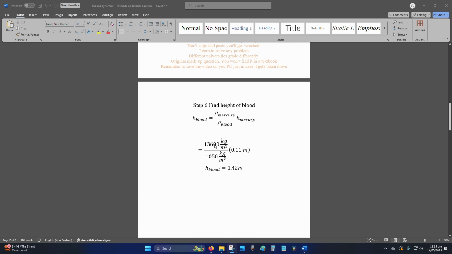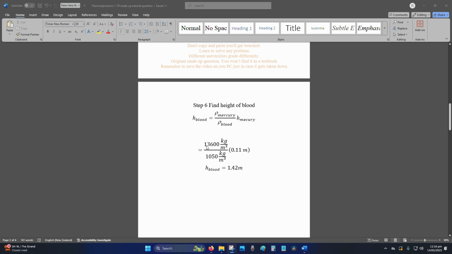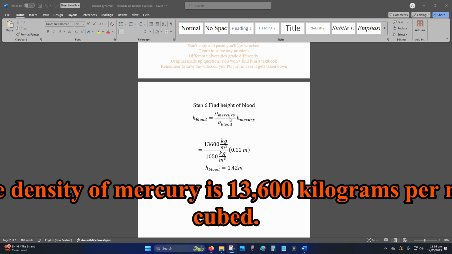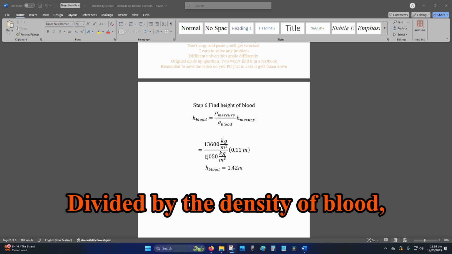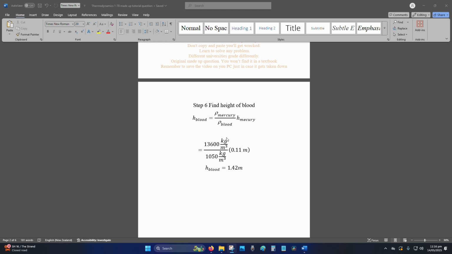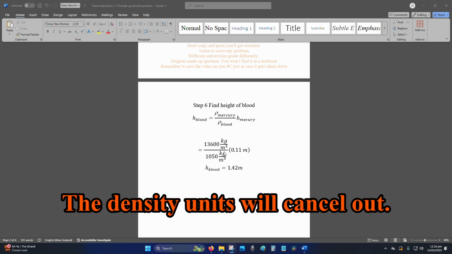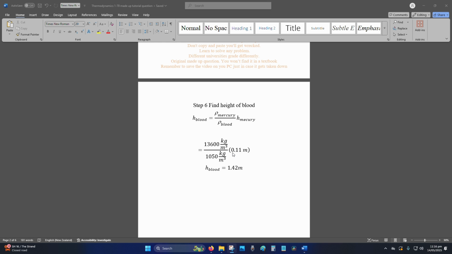Alright, step 6, find the height of blood. So we plug and play. So the density of mercury is 13,600 kilograms per meter cubed divided by the density of blood, which is 1050 kilograms per meter cubed. The density units will cancel out, and then we multiply by the height of mercury, which is